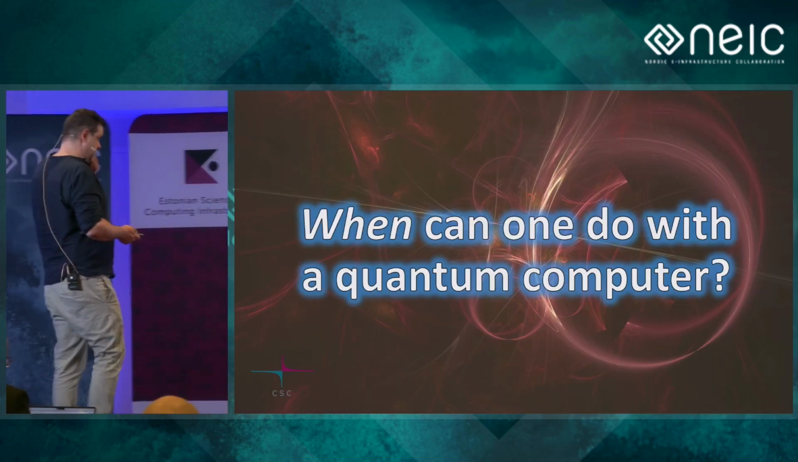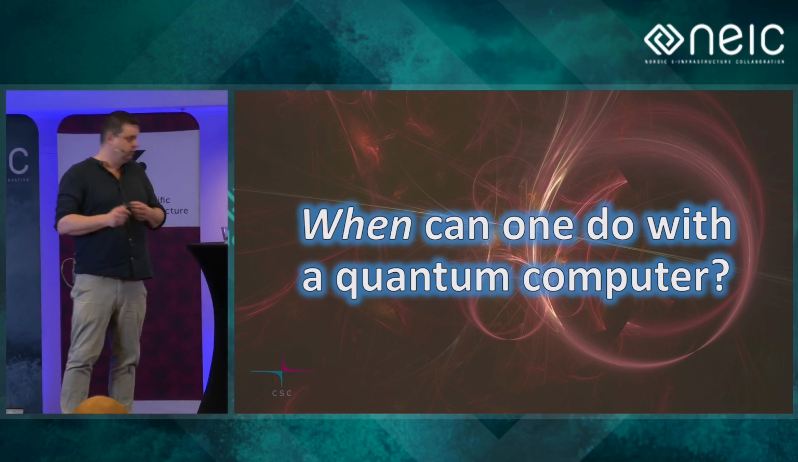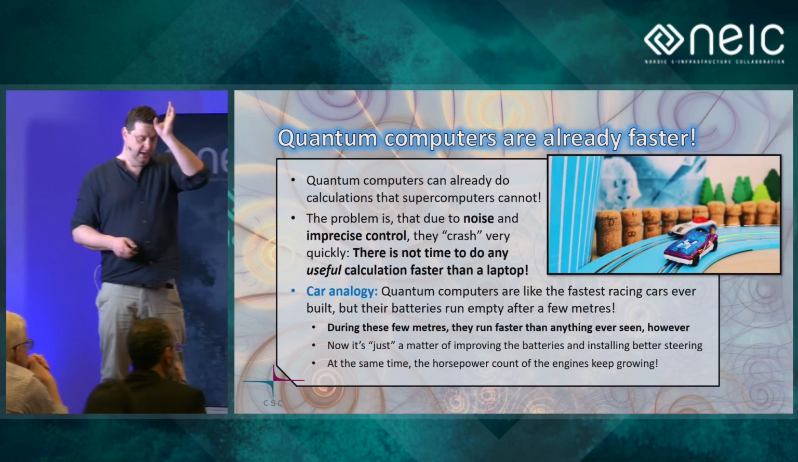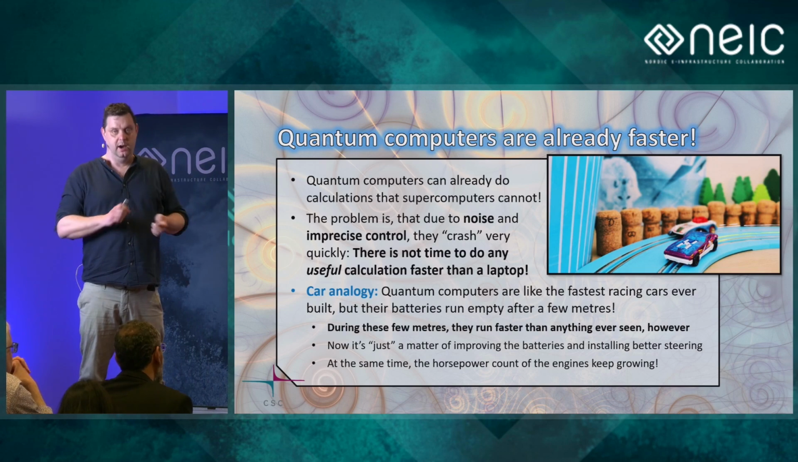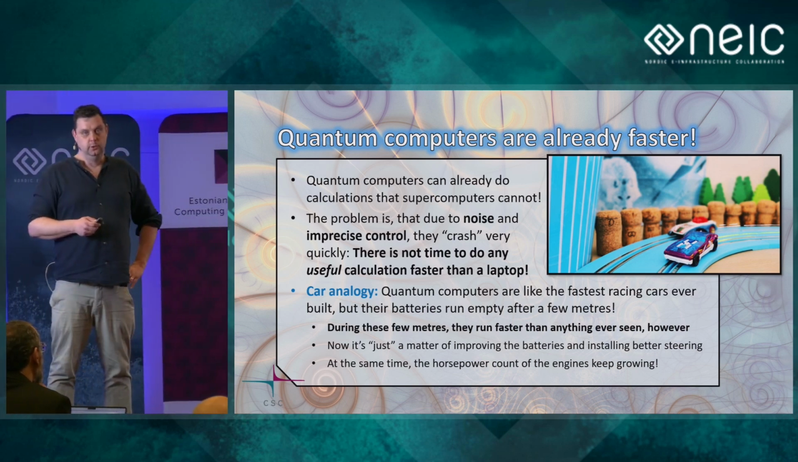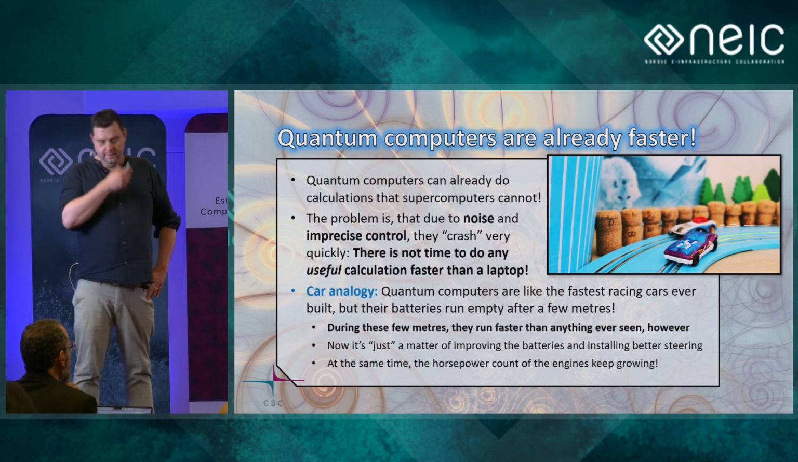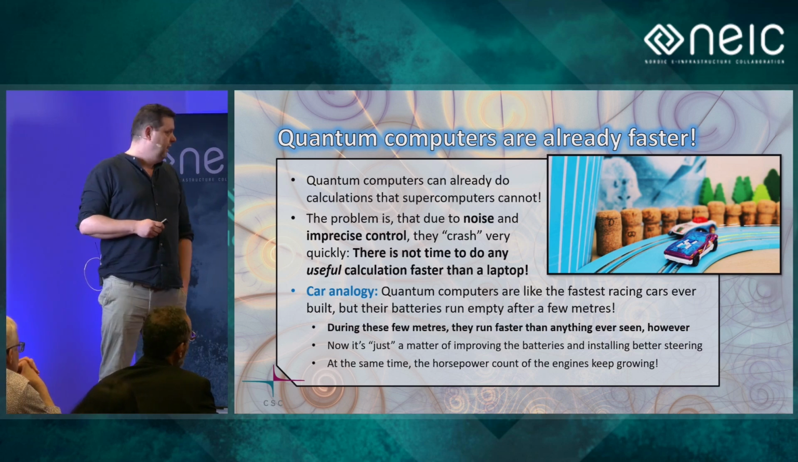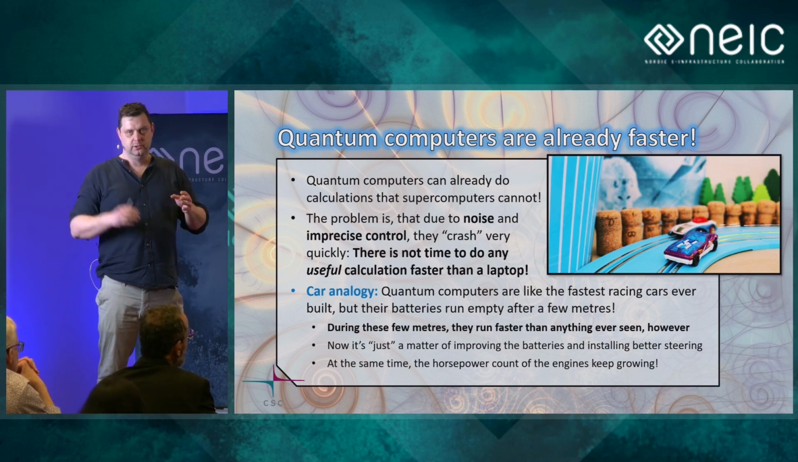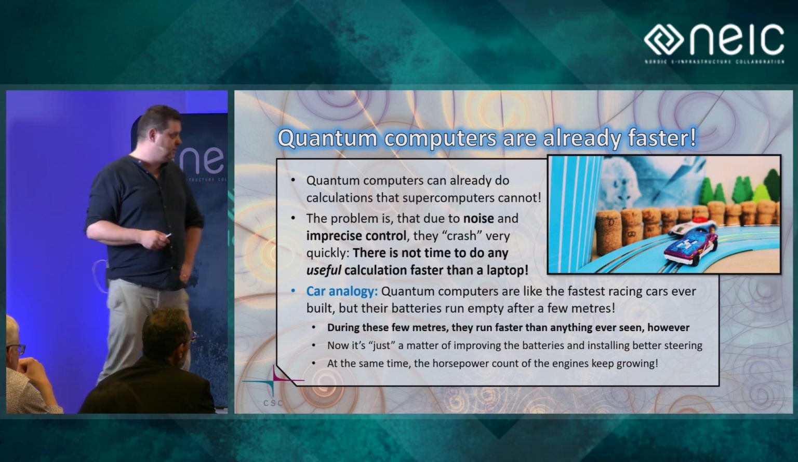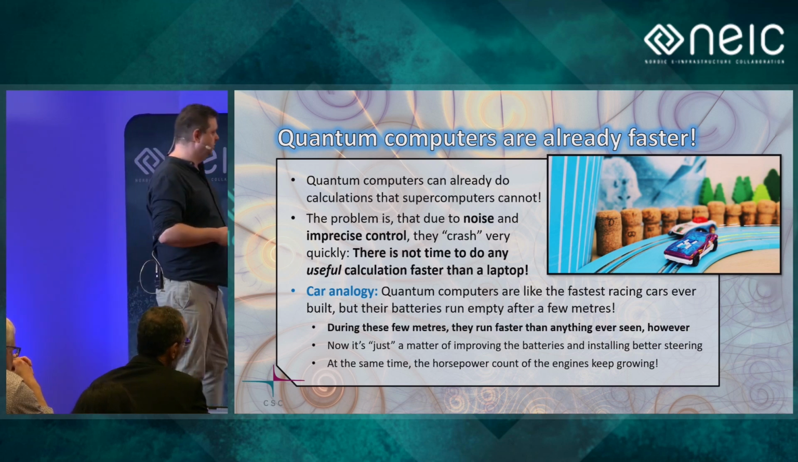Okay, so the first question was, what can one do with the quantum computer? So now it's time for when can one do it with the quantum computer? And here we can note that quantum computers are actually already faster than classical supercomputers. So they can do calculations that supercomputers cannot do. But the problem here is that due to noise and imprecise control, noise means that outside sources like temperature, electromagnetic radiation, whatever, affect the calculation